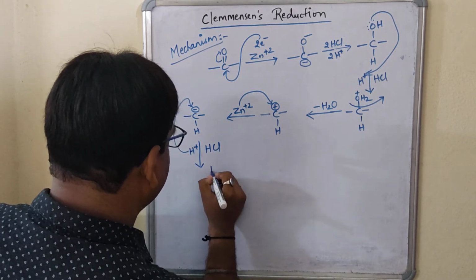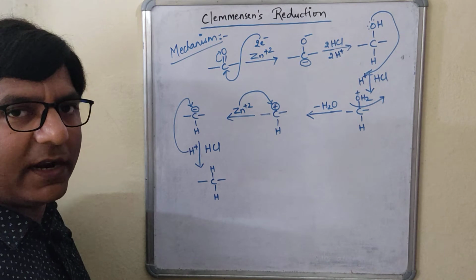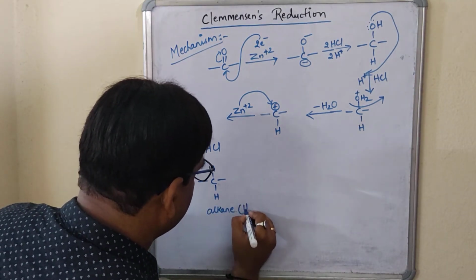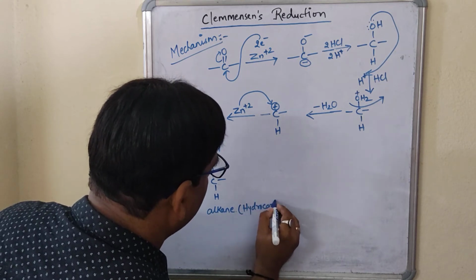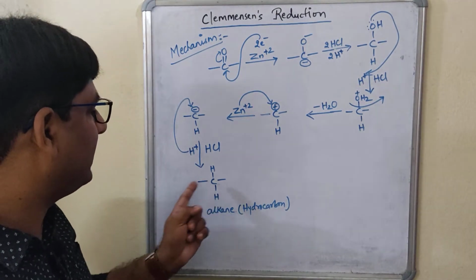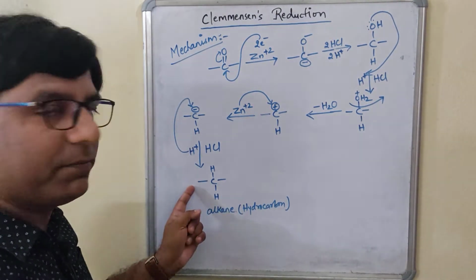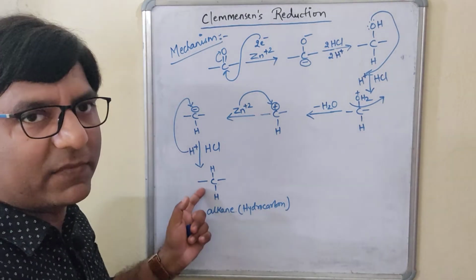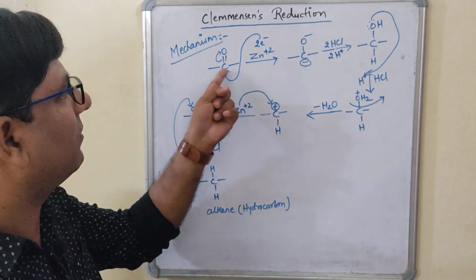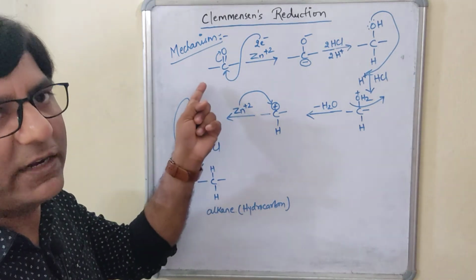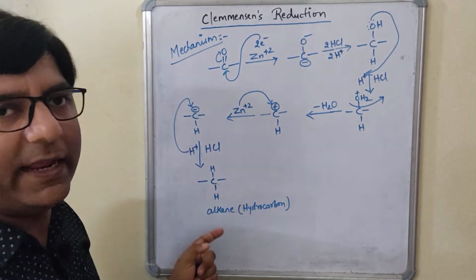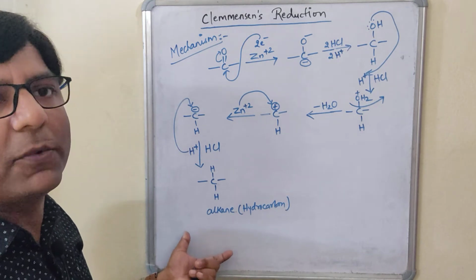Here it will be what? H. Right? So this is what? This is the alkane. Here you can write hydrocarbon. I am not specifying the name of the alkane, students, because I have not written the 2 valencies or attached any other group, whether methyl or hydrogen, whatever you want. That depends on what you are selecting in the aldehyde or the ketone. Accordingly, you have to write over here. Accordingly, you will get the alkane. Then you have to write the name of the product.